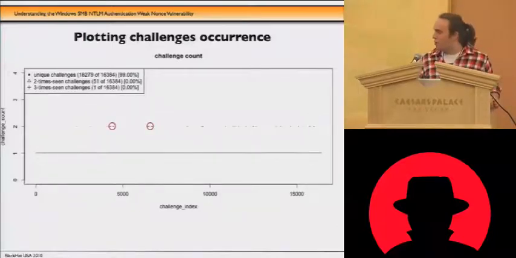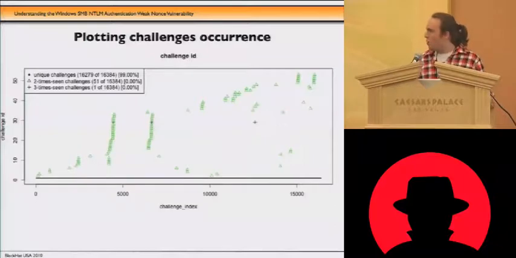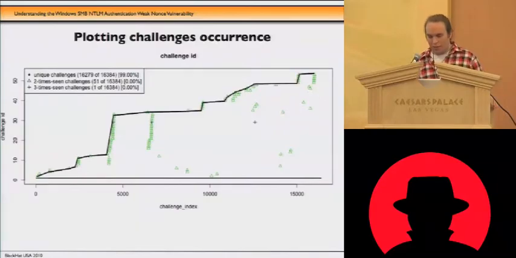So going back to the 16K sample, we can see some kind of small pattern duplication. There are 4 little dashes there, and I want to know what's happening there, so I have to visualize each duplication in a separate way. So we plotted that in a different way. We assigned to each duplication of the challenge a unique ID, and we plotted the pairs. So if we imagine